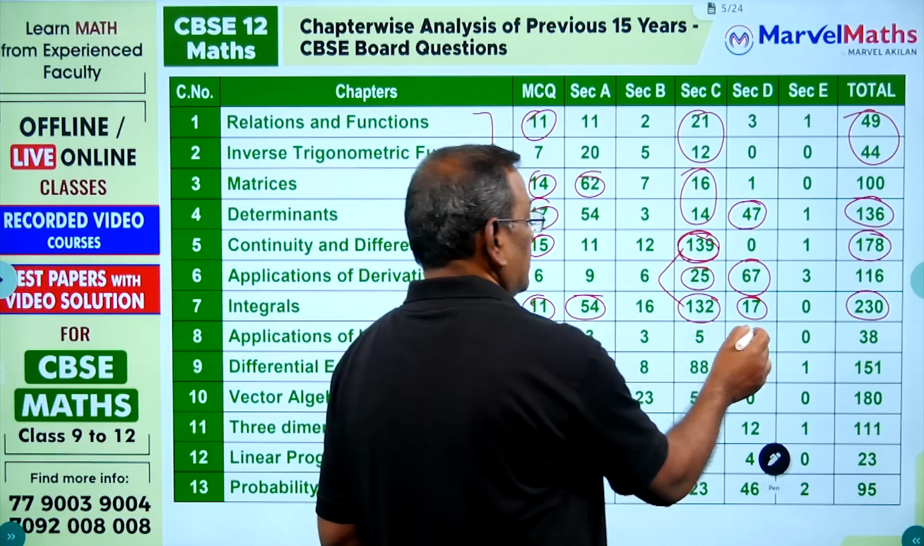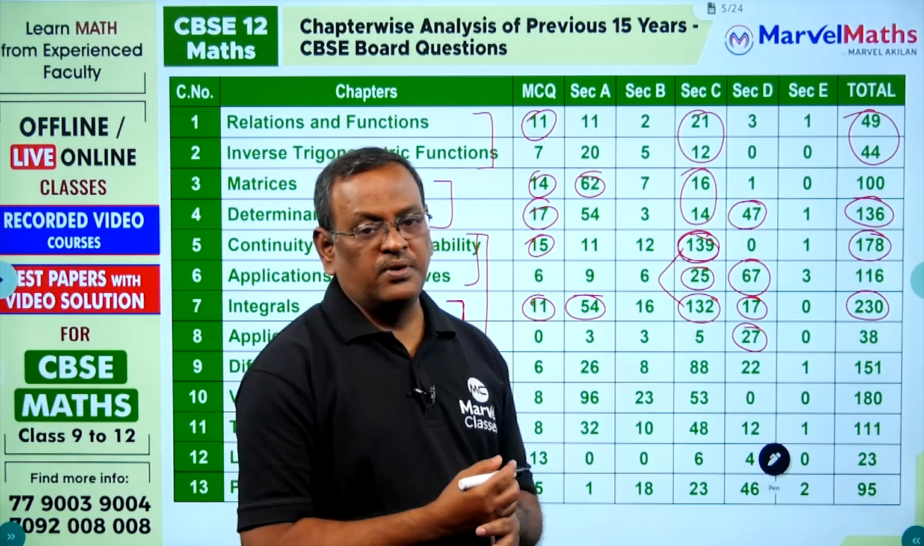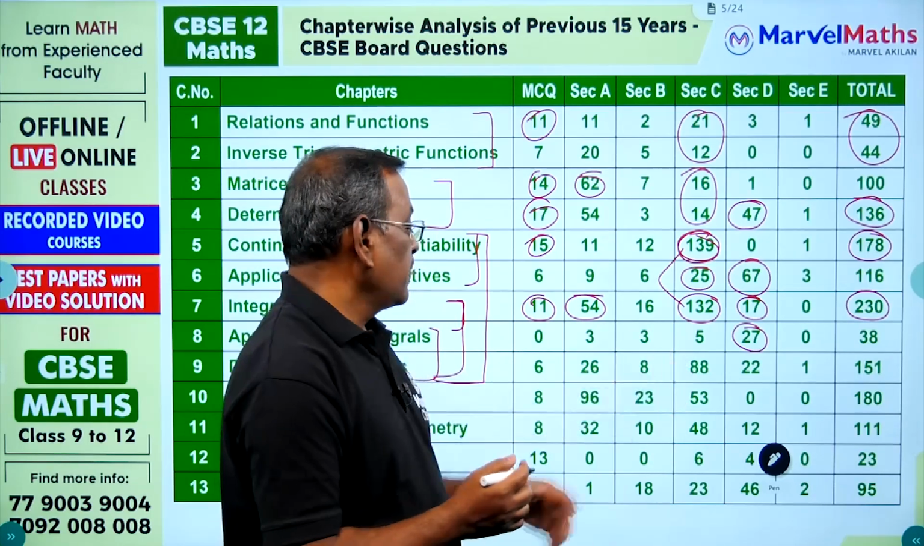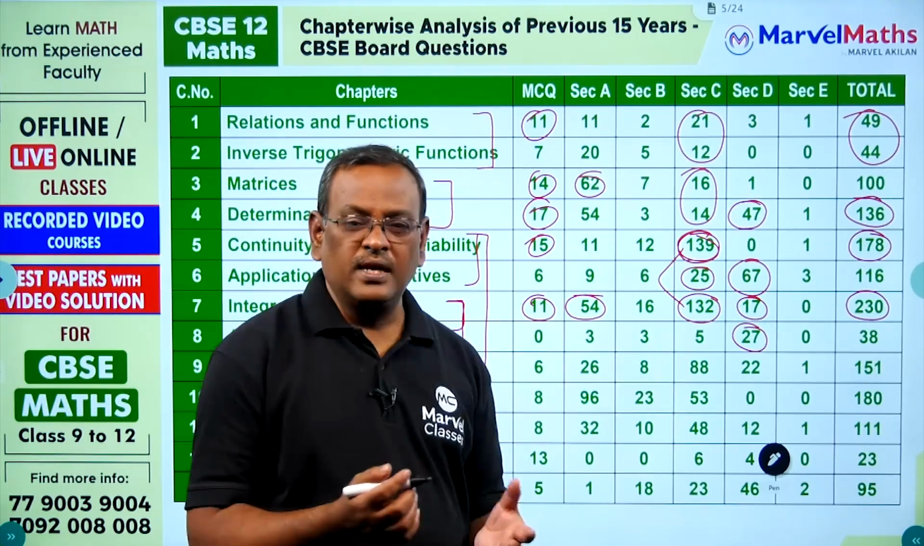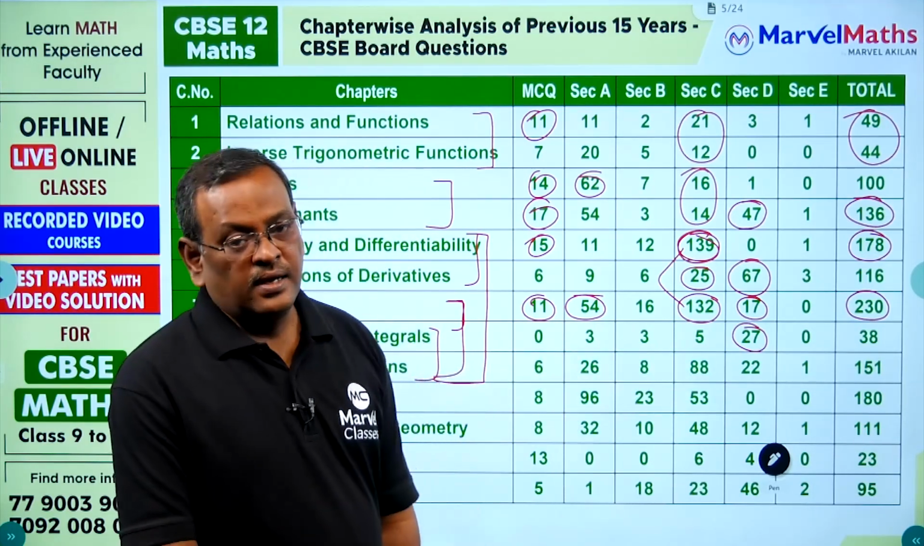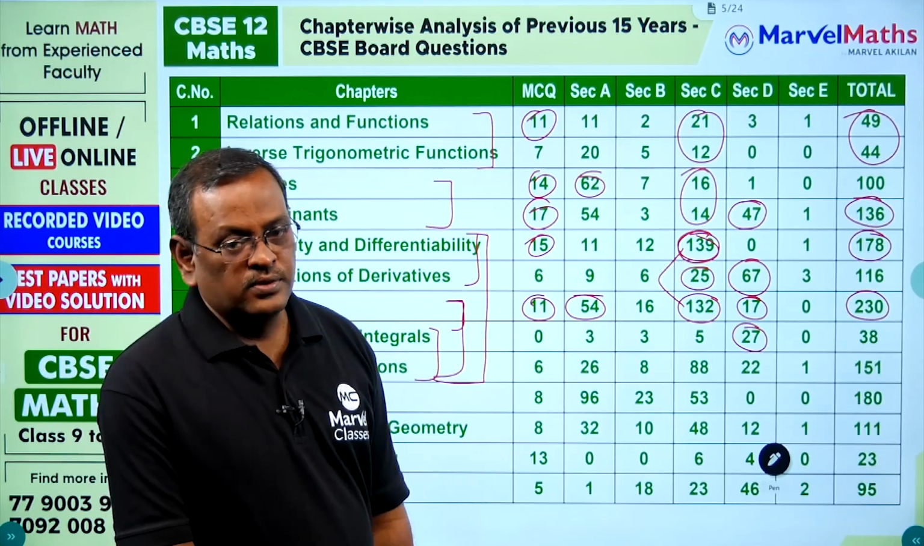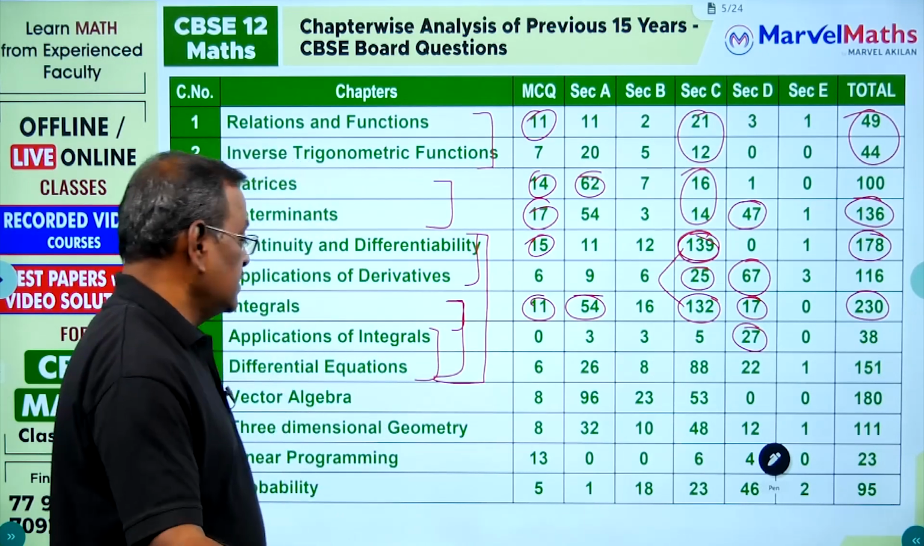Application of integrals, 5 mark question: area under a simple curve or area between a line and a curve. Okay, and other questions you can expect very rarely. So for chapter 8, focus more on area under curve, that is problems based on diagrams and how to find area using integral calculus. And differential equation,